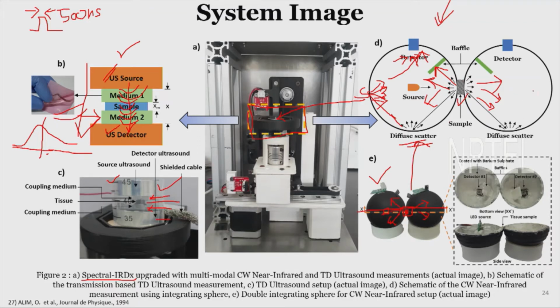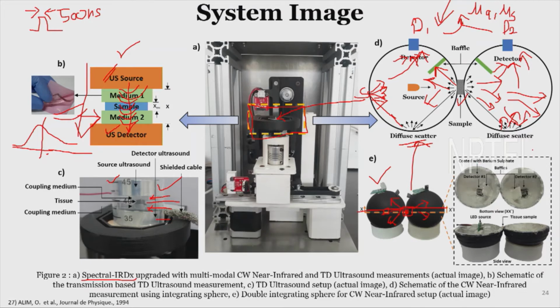The same case happens with the light which goes through forward scattering. It goes to the forward scattering, and what you see is again the light gets diffusely scattered and then gets absorbed by the detector. So we get the detected voltage 1 from the first detector and detected voltage 2 from the second detector, and then we can use these to quantify the bulk optical properties such as mu A and mu S.